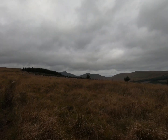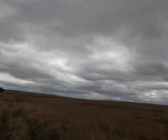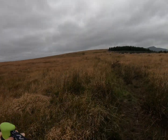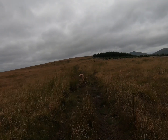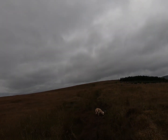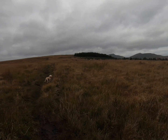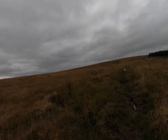Nice view of Cribyn and Pen y Fan. That last section was amongst the worst bog I've ever walked through. Exhausting. Once it went up to my knee. I had to wrench my foot out. The path had just been engulfed with bog. So this one is best in the height of summer actually. A dry summer at that. That was really unpleasant. But it's very tiring walking through bog. Literally bogged down. Anyway,